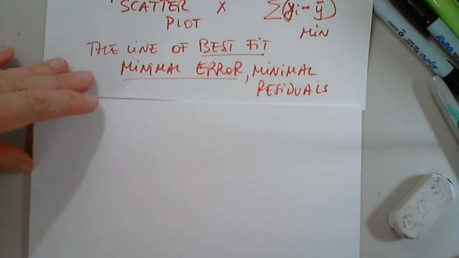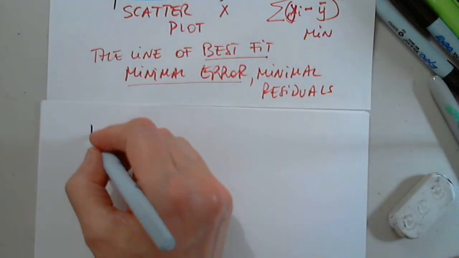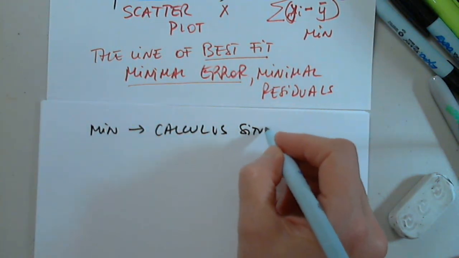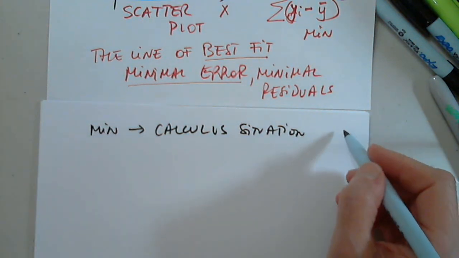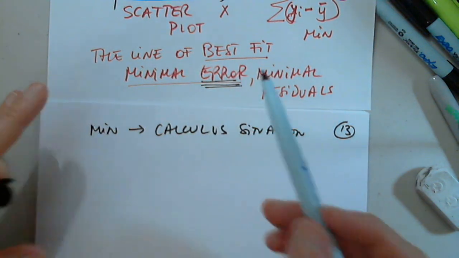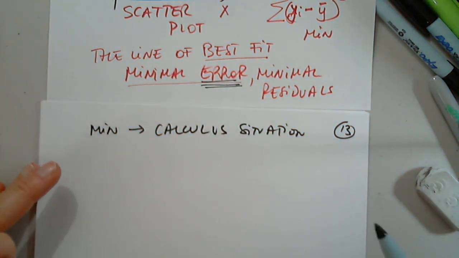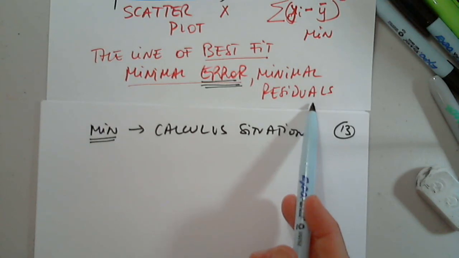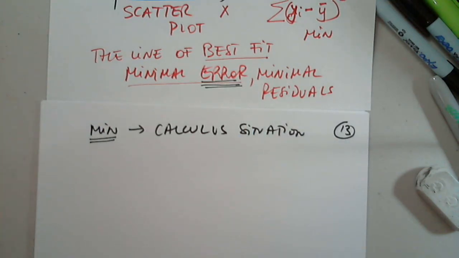Okay, so why is this in calculus? Because finding the minimum is a calculus situation. So finding the minimum of this error is basically based on what? Finding the derivatives that equal 0 and finding the minimum. And that's how all the calculations are determined, based on finding the minimum of residuals. Okay, so all I would like us to do is illustrate